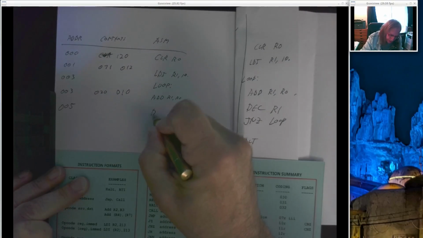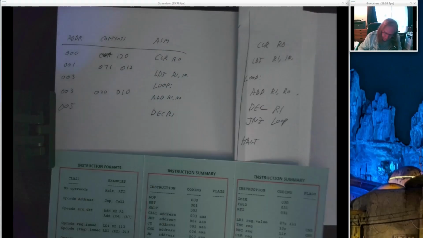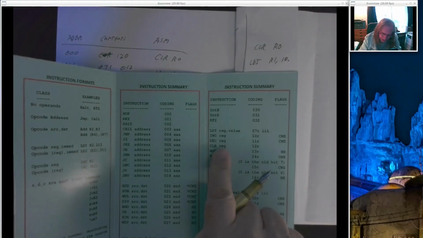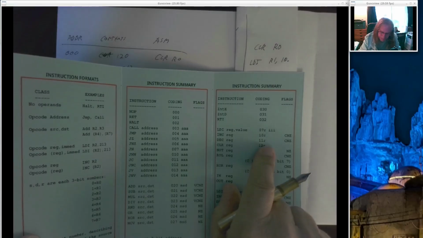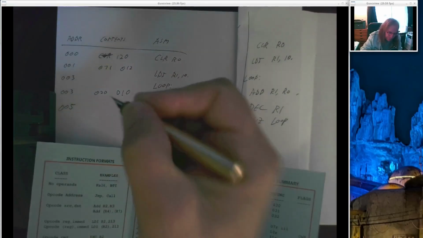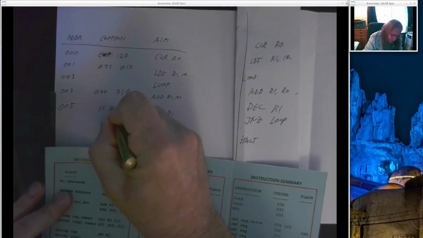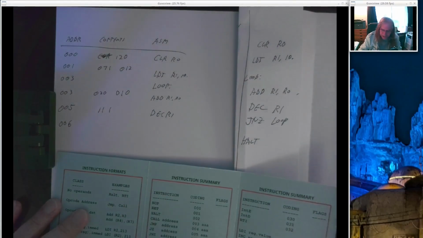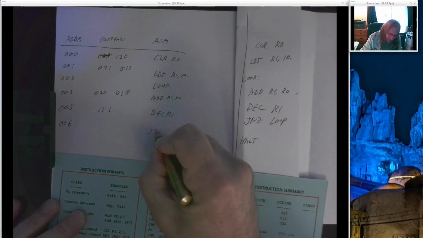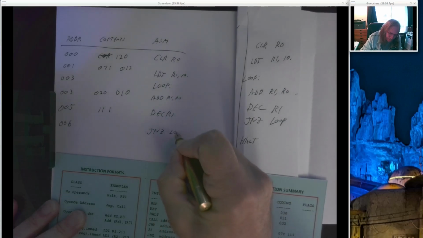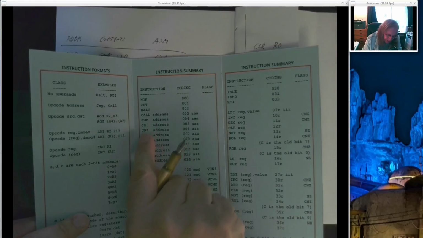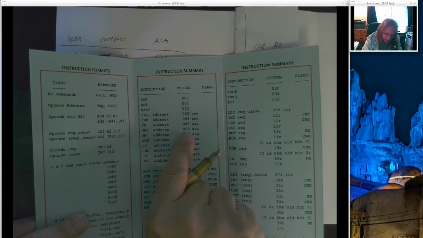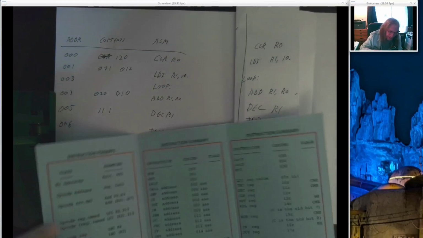That's our decrement R1. And our decrement instruction is a single byte. It's a 1-1 followed by the register number. So this is 1-1 followed by a 1. Next instruction goes at location 6. That's our JNZ, our jump if not 0 loop. Alright, jump if not 0, it's going to take 2 words. It's a 006, that's the opcode,